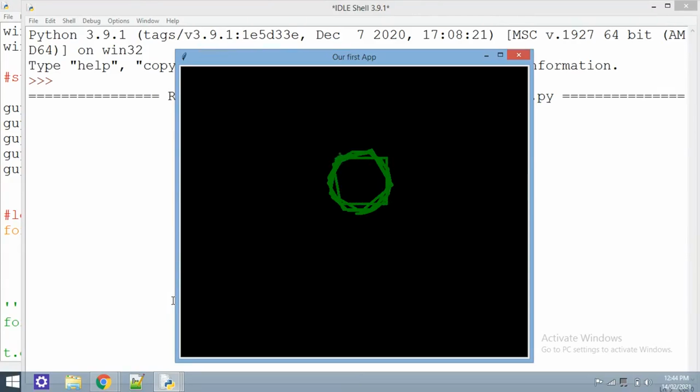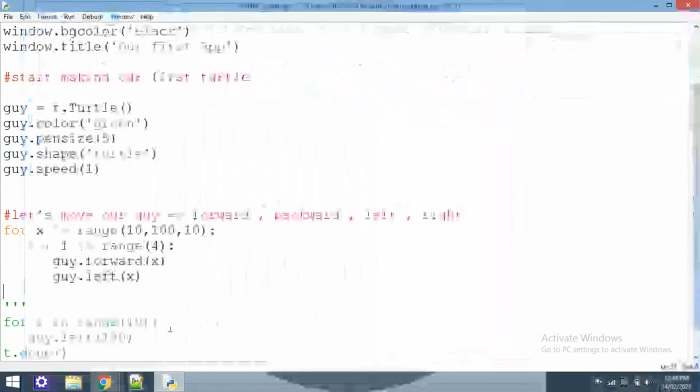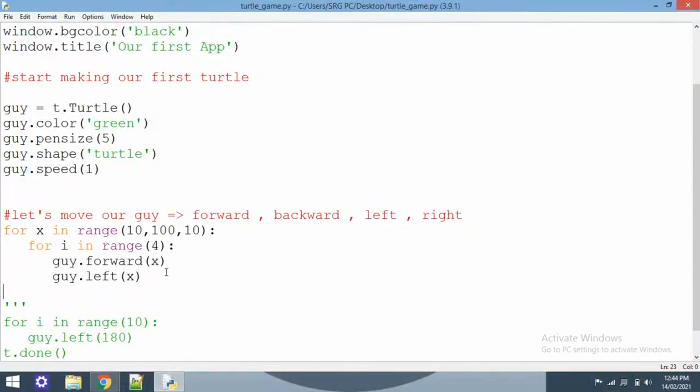So I think we should make forward 1 pixel and left 1 degree. I think that makes sense. And we should go from 1 to 180, because these are 180 degrees. So let's choose that. Let's have it.